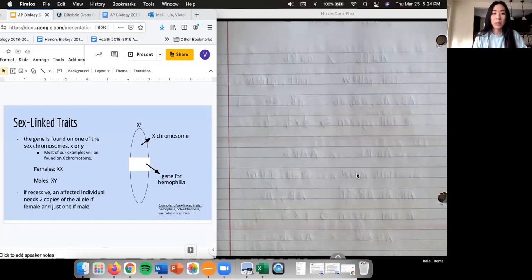Okay, so the first thing that we are going to do a practice problem for is sex-linked traits. I'm going to post these slides, but sex-linked traits are basically genes that are found on the sex chromosomes, which are going to be X and Y. Almost, I would say like 90% of the time, the questions will be referring to the X chromosome. All right. So with sex-linked traits,